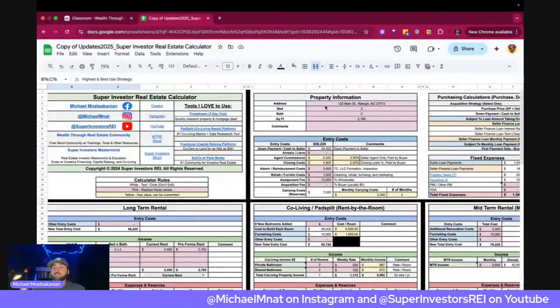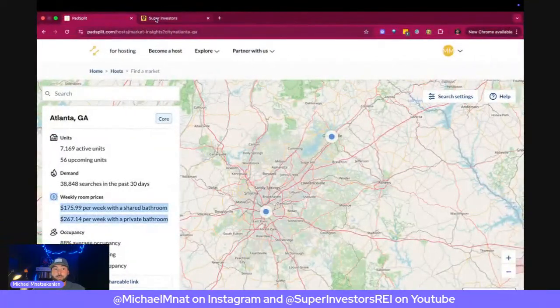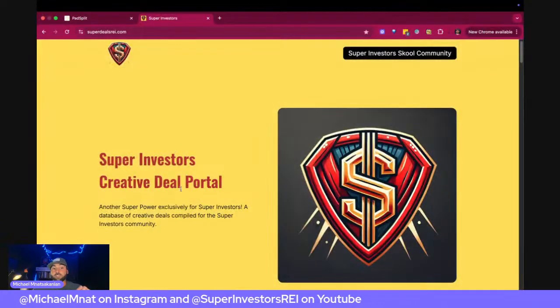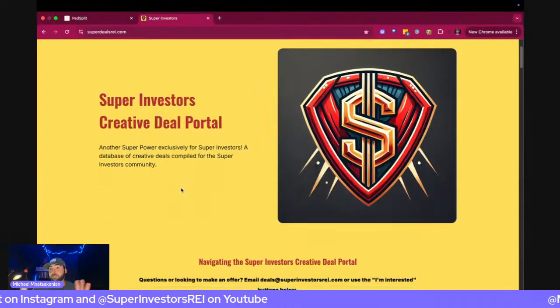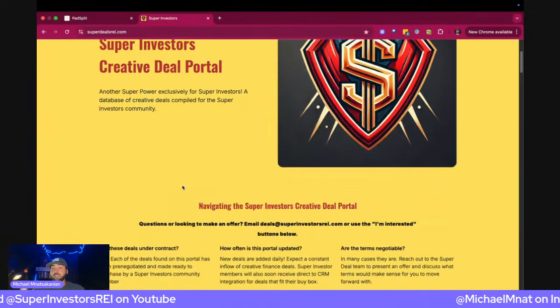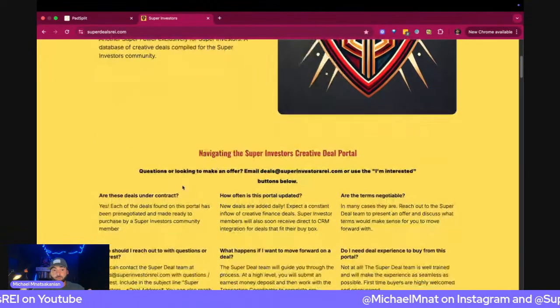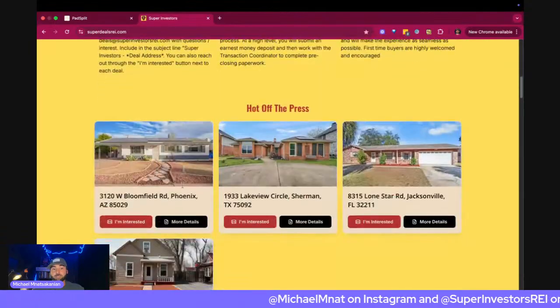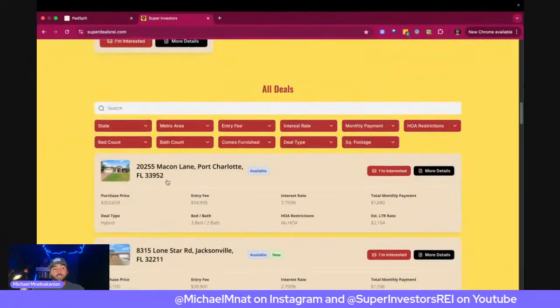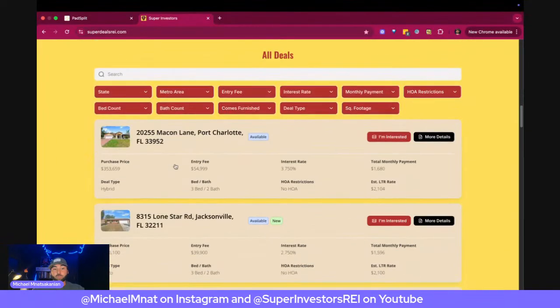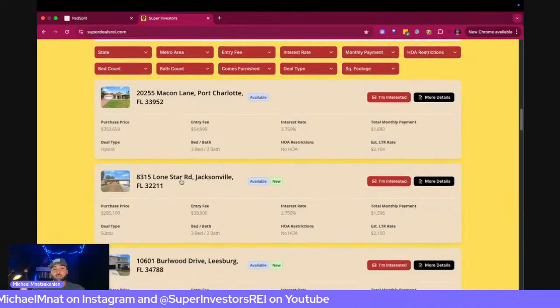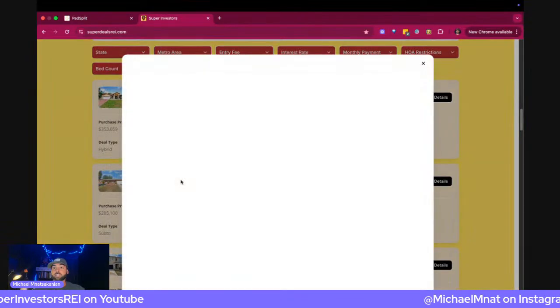All right, so we're going to choose a property. We're just going to go randomly, and we're going to use the Super Investors Creative Deal Portal, a database for super investors, a variety of creative deals. Think of Zillow, but creative deals through various wholesalers that are putting deals in here. And we could do Port Charlotte. Let's choose somewhere. Okay, Jacksonville's good, though this property might be too small,